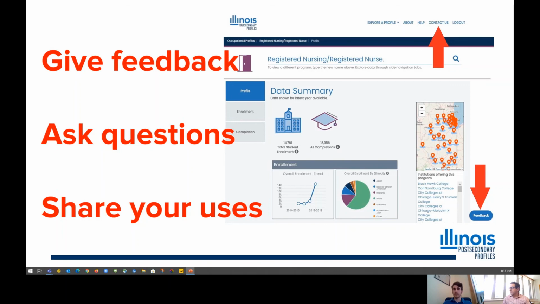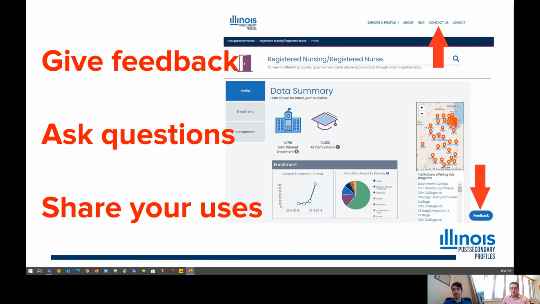Our development team checks what's coming in frequently, and given where the site is in its development, we are always looking to make improvements. You can also share any questions you have about the site in general, about those purposes and use cases I mentioned earlier, about the data that are available, and just what data may be available soon. And then there in the bottom right, you see feedback. So there are the two ways.